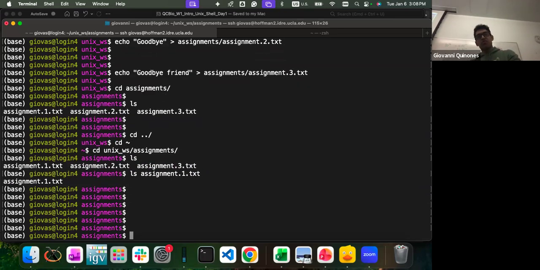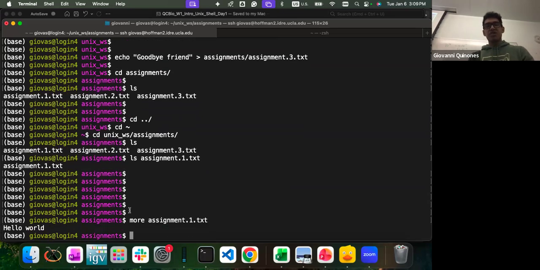There are multiple commands for reading. Let's start with the most basic one. Let's do more and assignment 1. So the command more will open the file and print everything that was inside that file. So if I do more assignment 1, you see the hello world message.